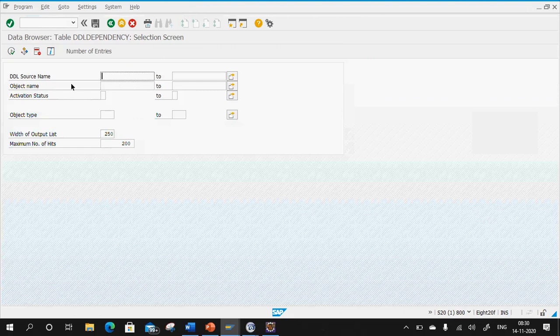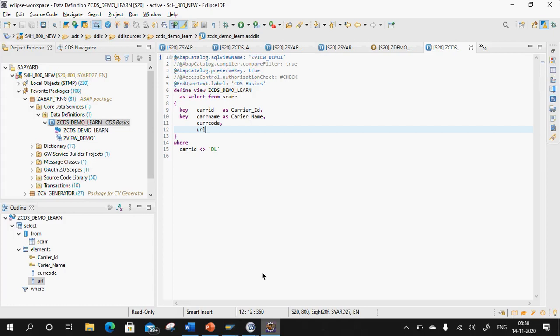Now here provide your DDL source name. This is not your CDS entity view name. Provide your DDL source name.